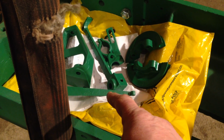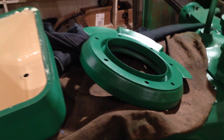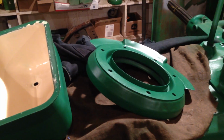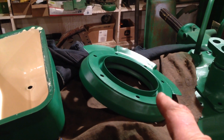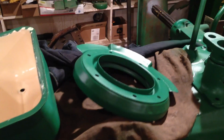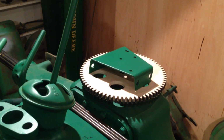The governor arm and spring, dynamo bracket and pulleys and bits and bobs, rocker cover, and the oil slinger that goes on the side of the primary gear cover where the clutch unit goes through. There's a fan shaft bracket there,